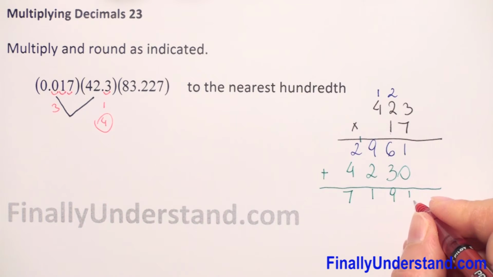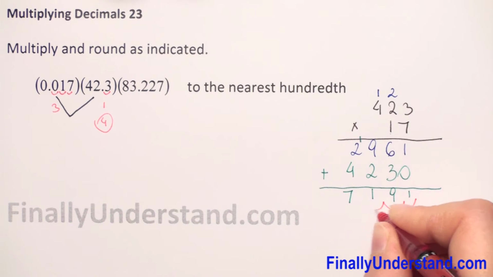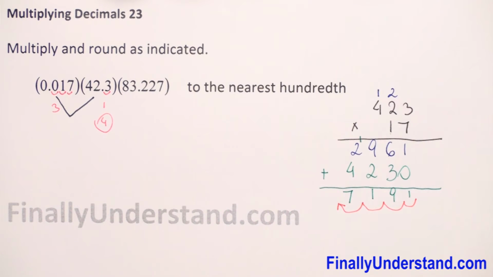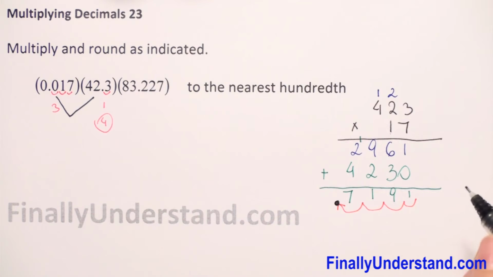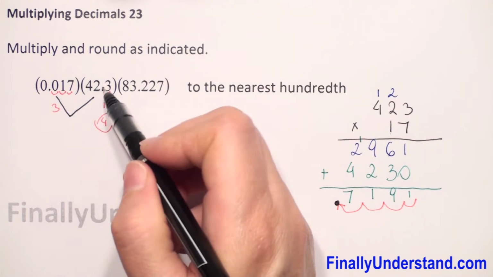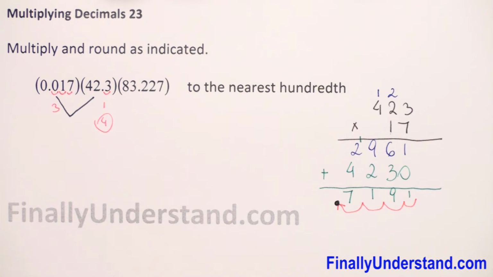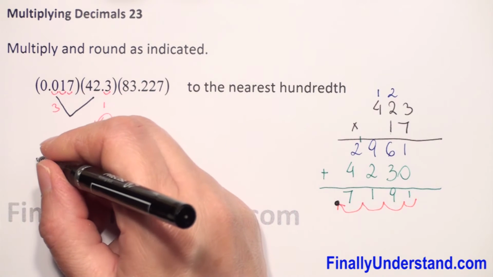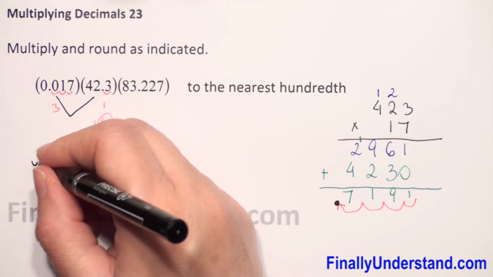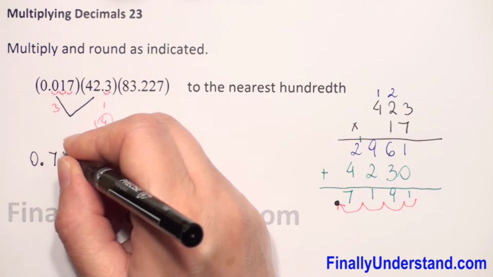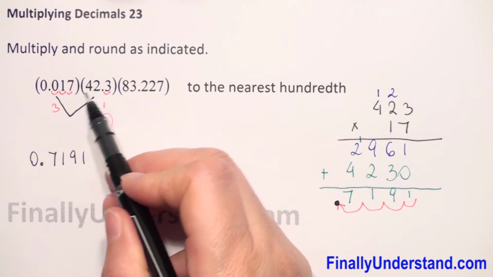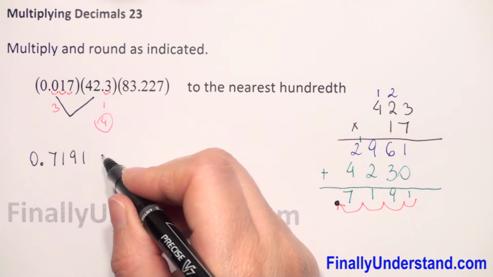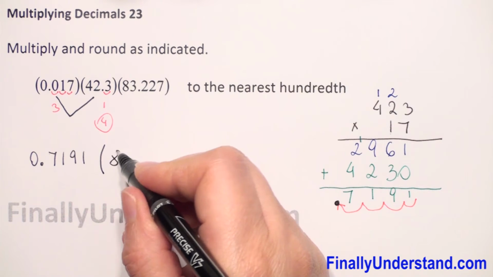We start from the right and we are going to the left. 1, 2, 3, 4. So the decimal point will be before 7. So our solution from multiplication of these 2 first decimal numbers is 0 decimal point 7191. The solution from multiplication of these 2 factors. And now we have to multiply this by